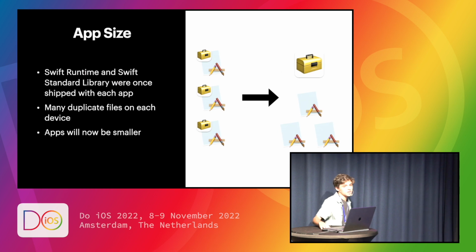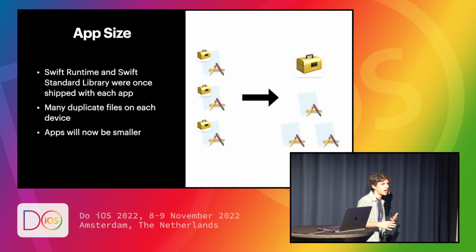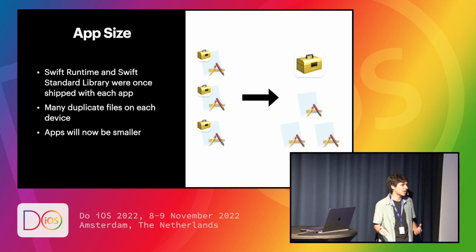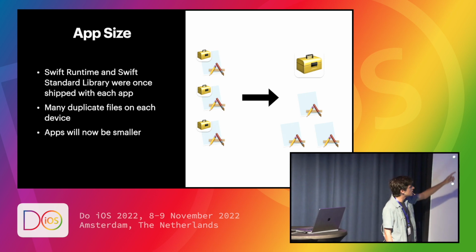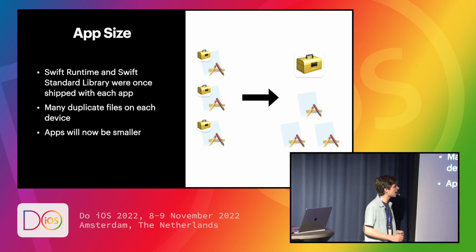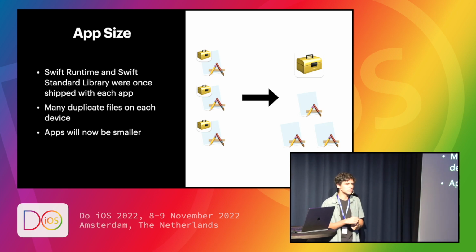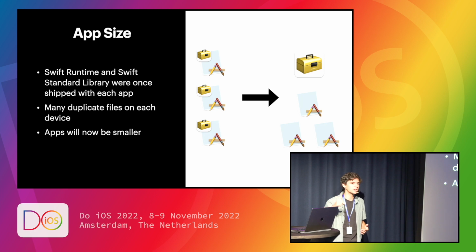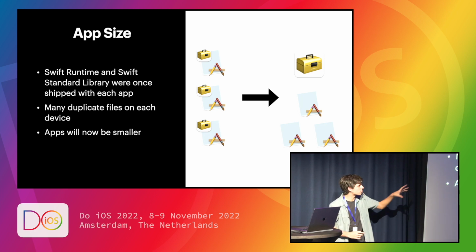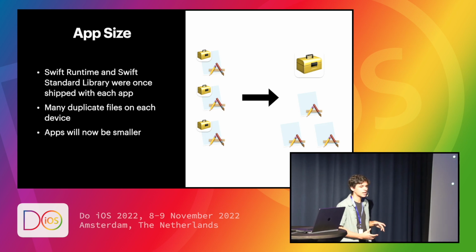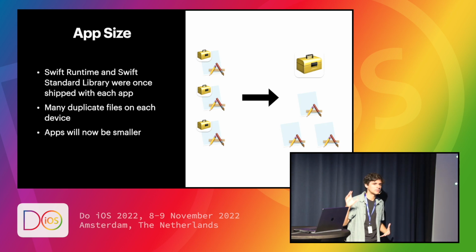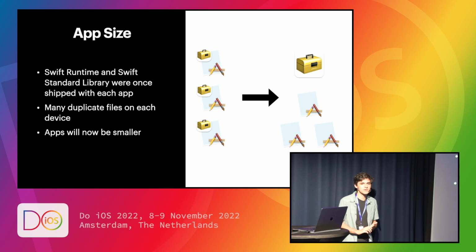The next thing that really comes as an improvement here is app size. As a byproduct of including the runtime on the device rather than caked into the app, you have app sizes decreasing. Where before we had these three duplicates when we would launch three apps, because different pieces of the runtime are built into each app and they become redundancies, now we have three independent apps that have everything they need to run on their own and only one version of the actual Swift runtime on the device itself rather than built in with each app. This means the duplicate files on each device are minimized, apps are smaller, and that really helps everyone.